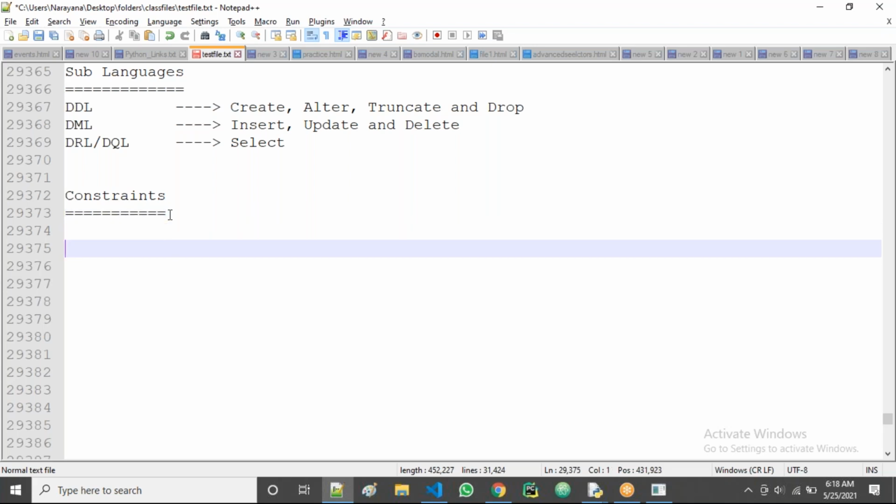Suppose let's take that an employee ID column is there. Next, an employee name column.